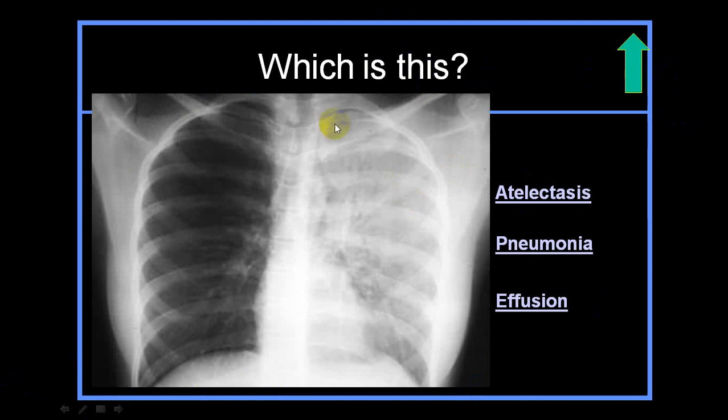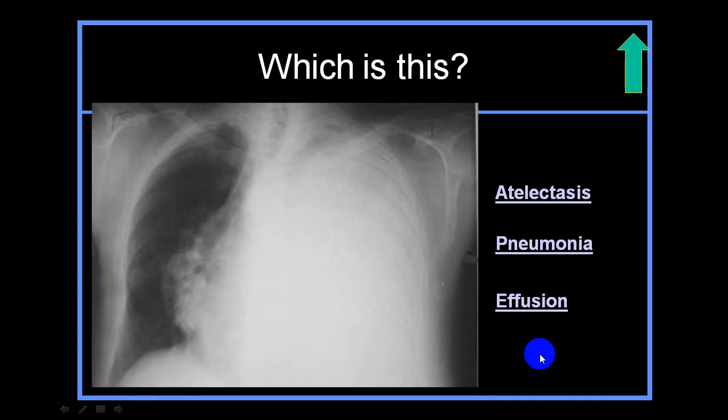Here, I can see trachea central, bronchovascular markings, air bronchograms, angle is seen, diaphragm is seen, and at the left border you can see there is a little amount of silhouette sign. So, this will go in favor of pneumonia. You try to argue on your own and try to make proper points why it is pneumonia.